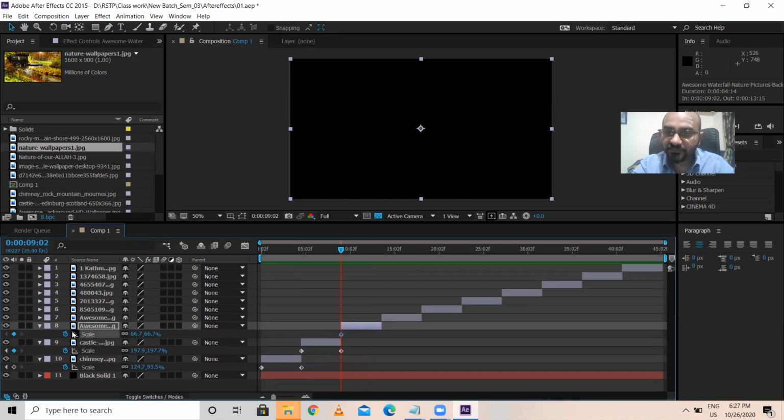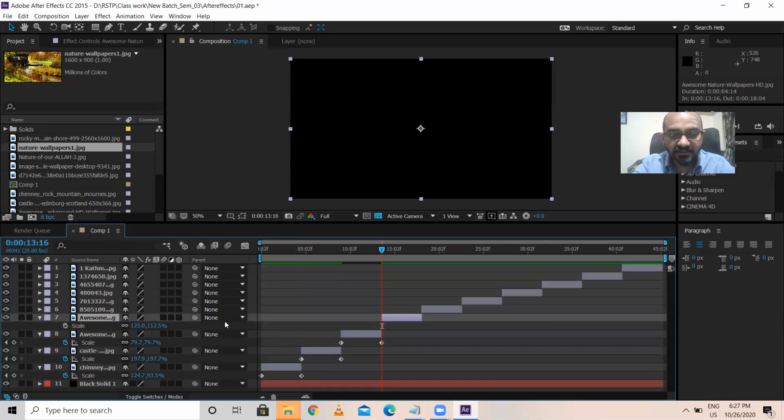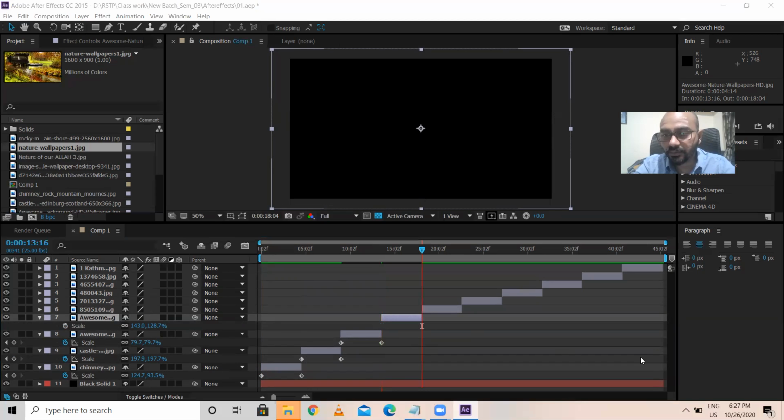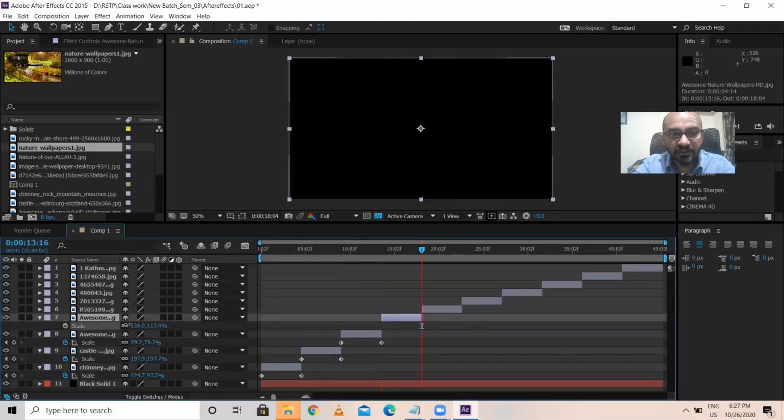So for zoom in, it's very simple. First key at O, you make it this big. For the next layer, select this, I and S. First, next layer has to be this big first, and O. You make this smaller. Okay.